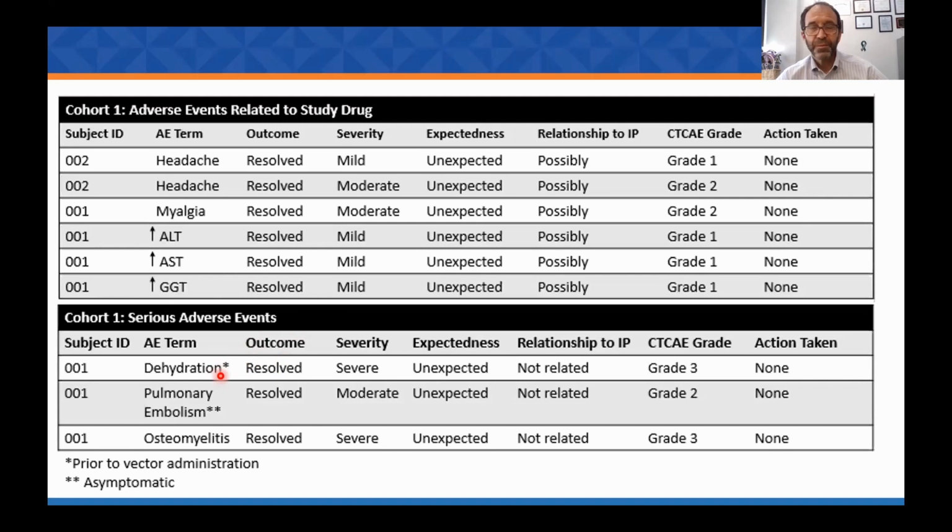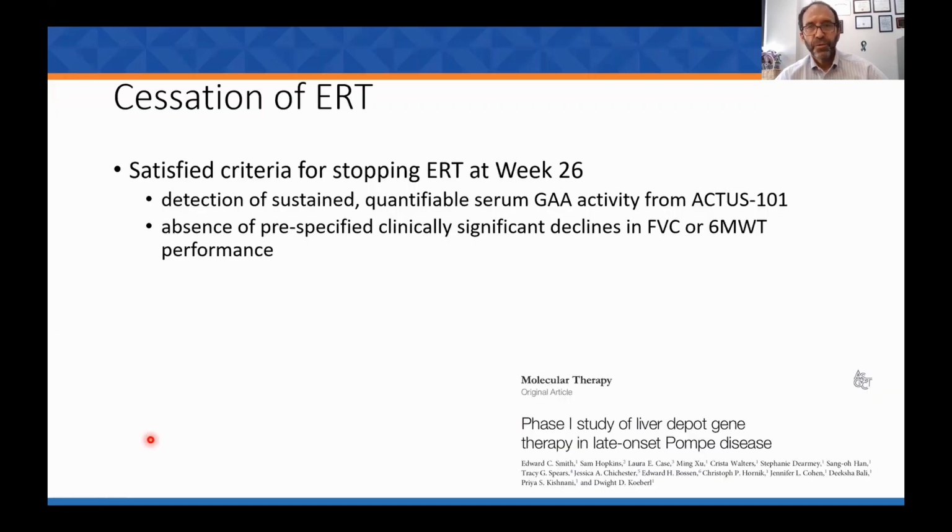And it wasn't my determination that they weren't related to study drug. There was an independent clinical investigator who made these decisions. So things, though, that could be explained by having a chronic disease like Pompe disease and were not related to the gene therapy. With regard to stopping ERT at week 26, all 3 participants met the criteria for that included